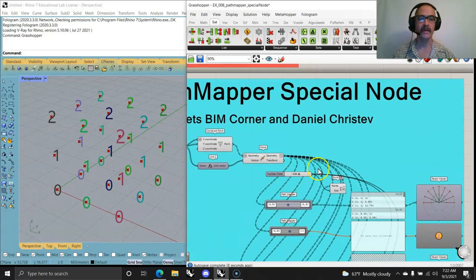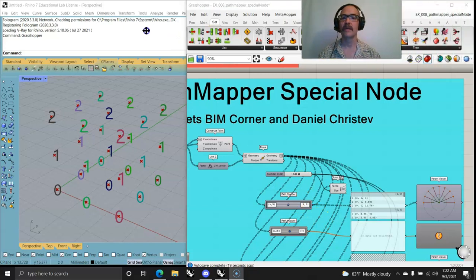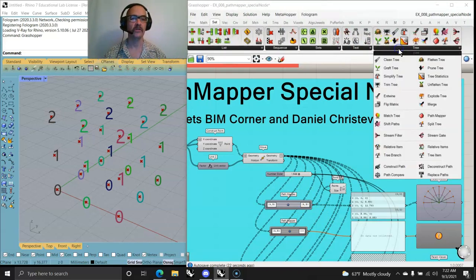Through BIM and some other PathMapper scripts online, and maybe one of my own, you can see that a point list is brought to those, and then using the PathMapper node, which is tucked up in the trees section. If you haven't used it, understanding PathMapper is an incredible tool, but like BIM Corner says, there are some limitations. For those who have jumped into nodes and used the defaults, like flatten, graft, and reverse,